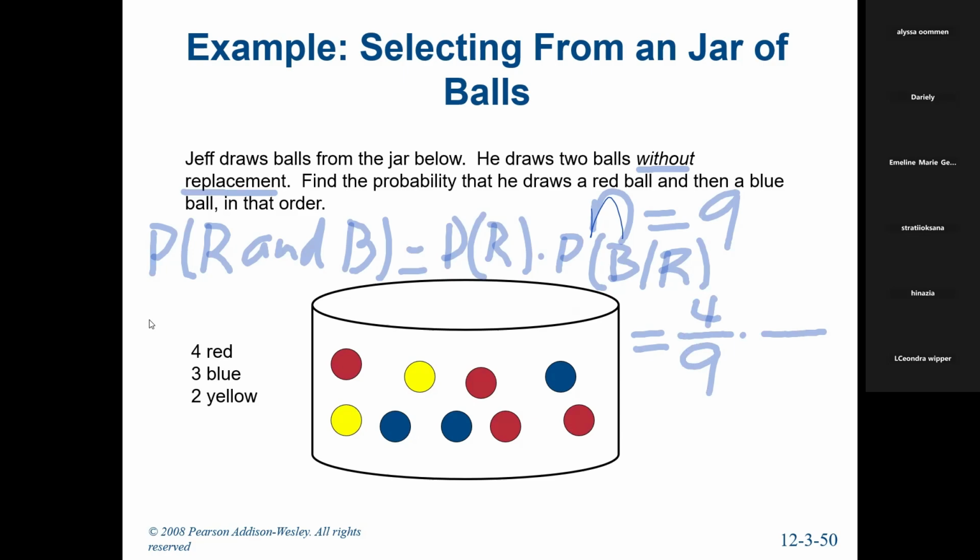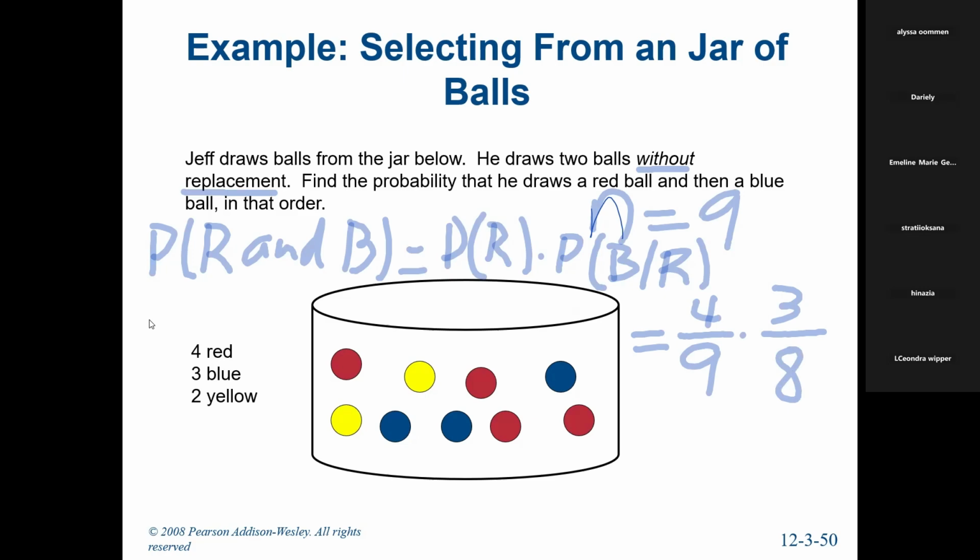How many blue balls do you have? 3, over what? 8, because you didn't put it back. Very good. So here should be over 8 because suppose